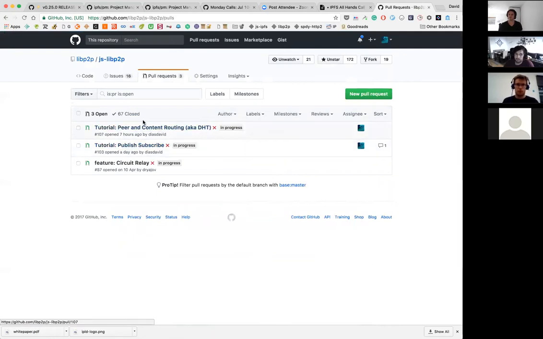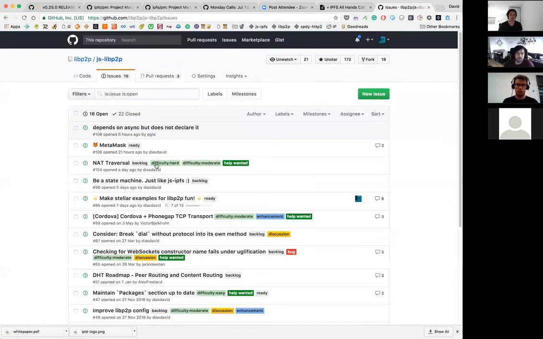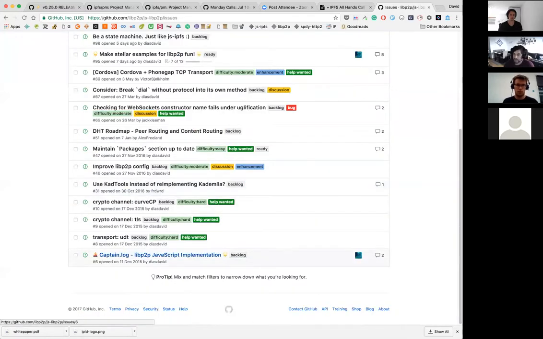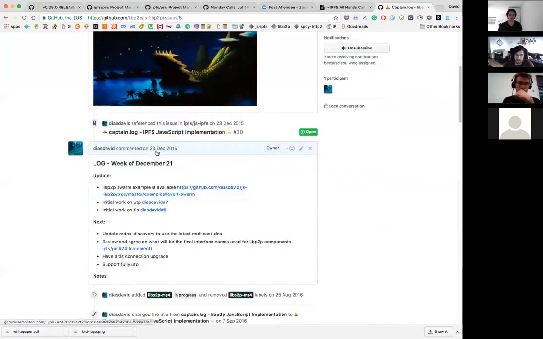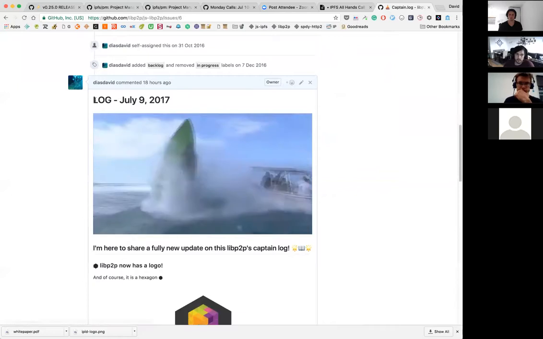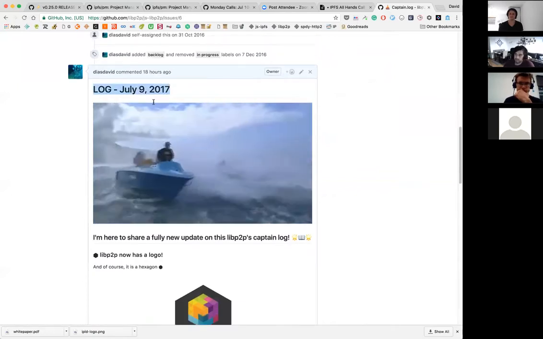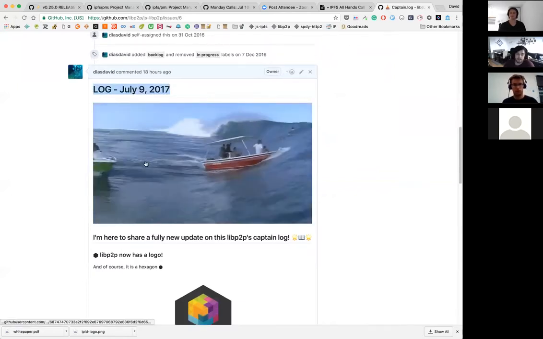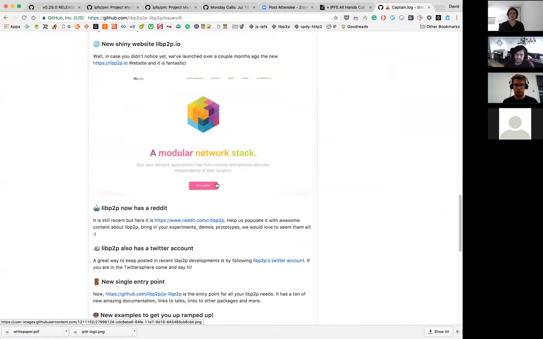And for the peer content routing, you should see these ones being merged soon, like this week. The other thing I also did was create a general update, the things that we typically call Captain Logs. So peer-to-peer hasn't seen a Captain Log in a while, but now we have one. It's from yesterday, and basically gives you a run through of the things I just explained here.